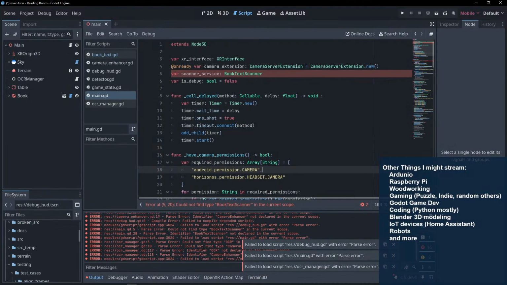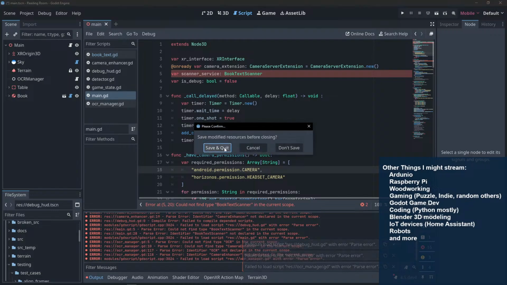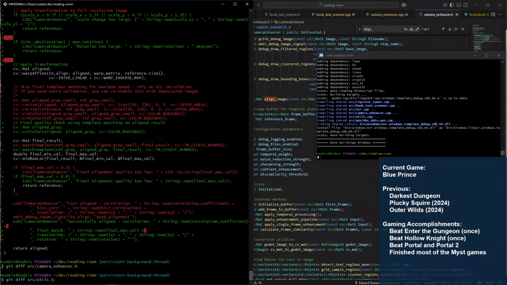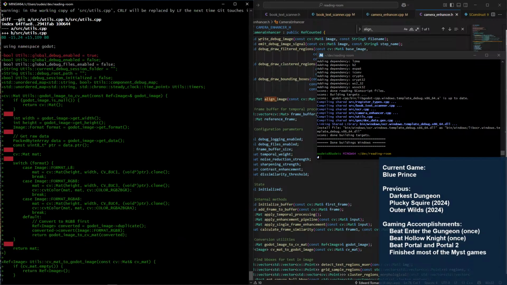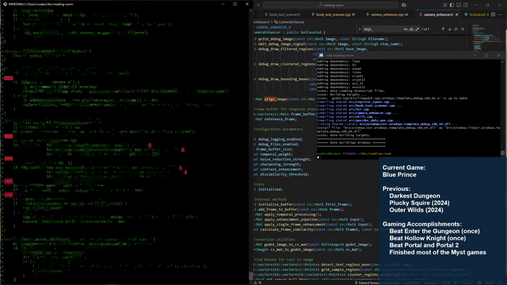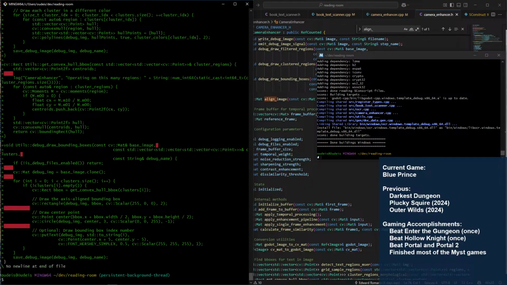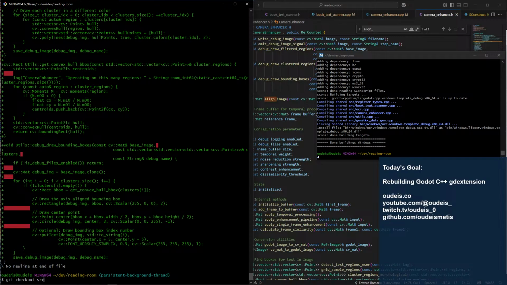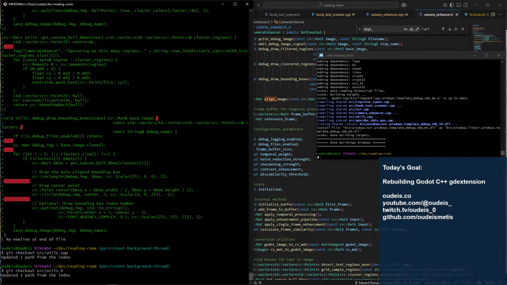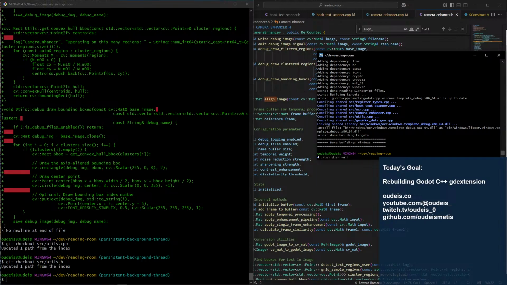No, still fails. So the next step would be, if we do a git diff on source utils.cpp. Yeah, all this stuff got added. So let's check that out. And now let's build that.